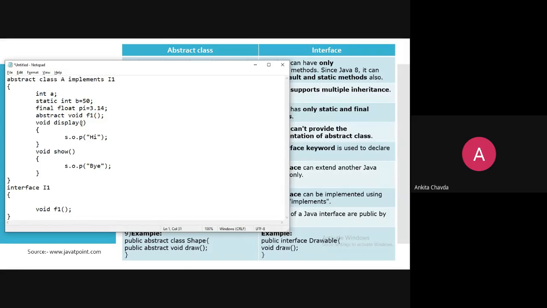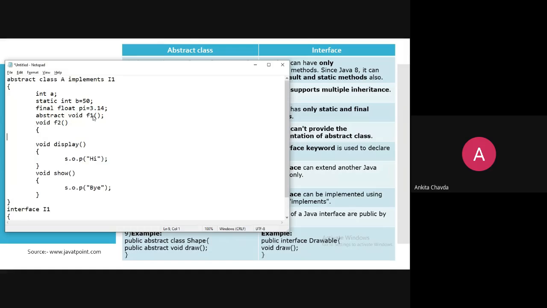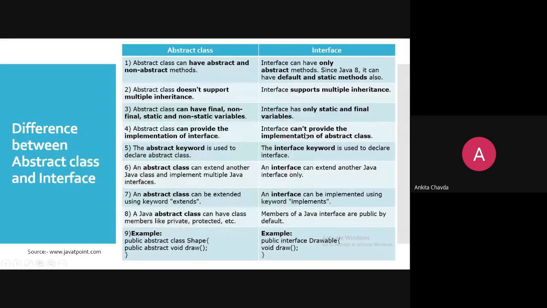So whatever method is described in I1, you can give the definition here. Say suppose void F1, and here another name, F2. So you can provide implementation for these methods in your abstract class, but the reverse is not true.